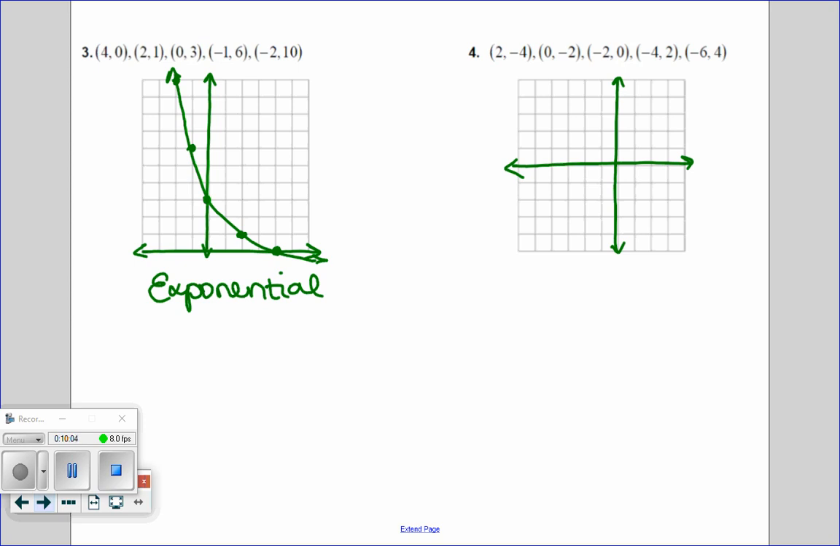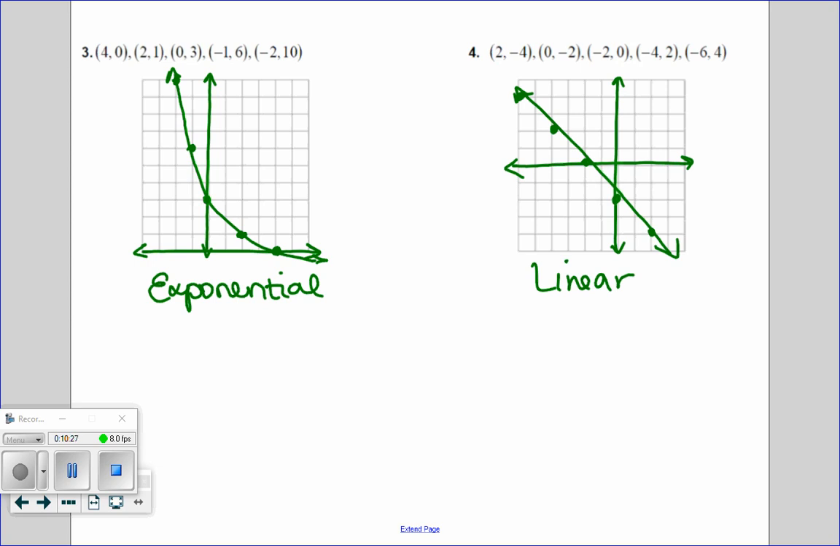Linear, right? Just a nice straight path. When we graph those, we've got 2, -4, and then 0, -2, and then -2, 0, and then -4, 2, and then -6, 4. So definitely just a nice straight line there. So this is linear. Okay, so do we feel super comfortable being able to identify the